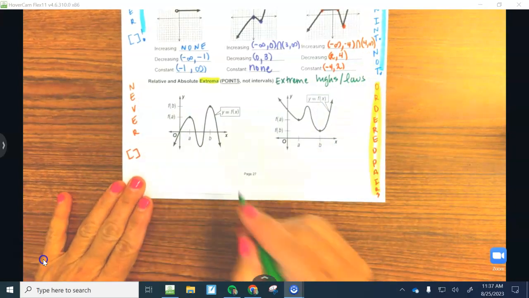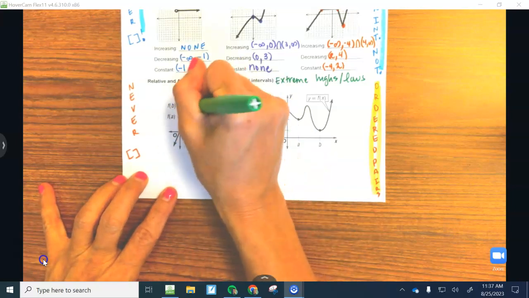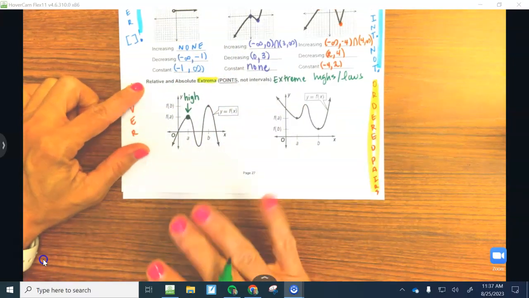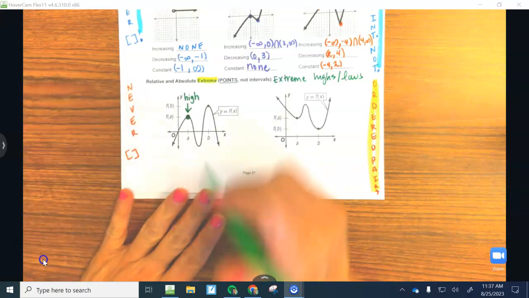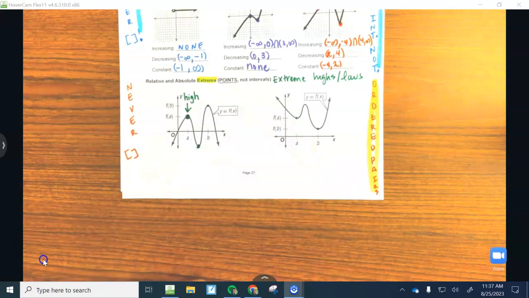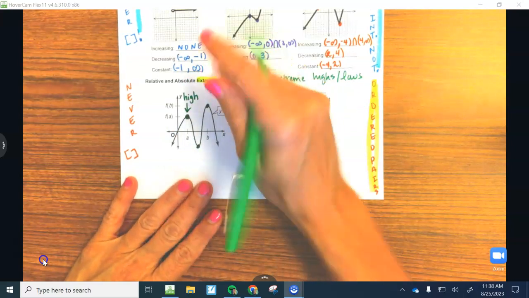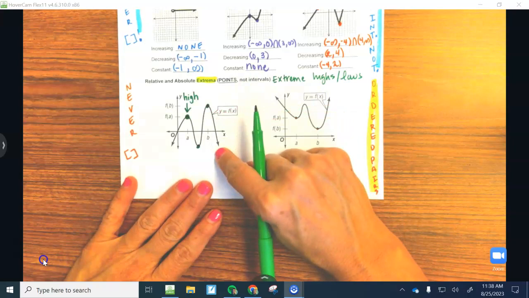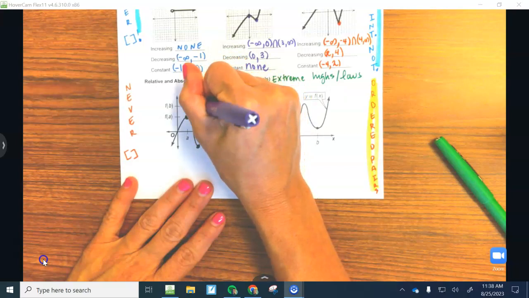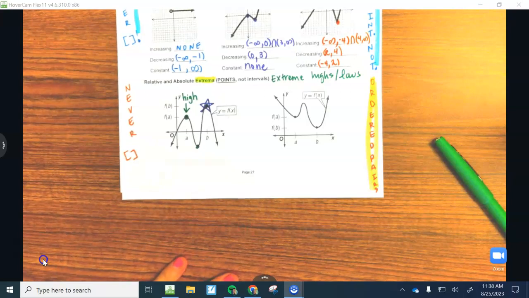So again, guys, you're reading from left to right. This graph is climbing. It has an increasing behavior, but it has a high turning point right here. It's not the highest, but it's considered a relative high point for that graph. Then it dips back down. That is considered a relative low. And then as we climb back up, this is another relative high. And since the graph goes down forever, this high right here has two categories. It's a relative high, but it's also the absolute high because that's as high as the graph is going to